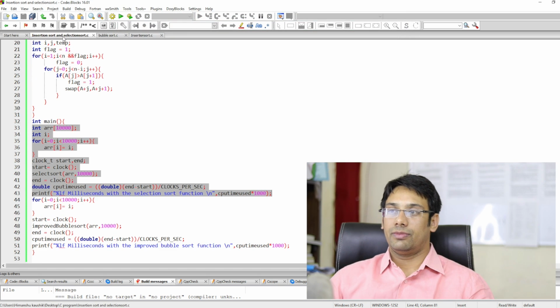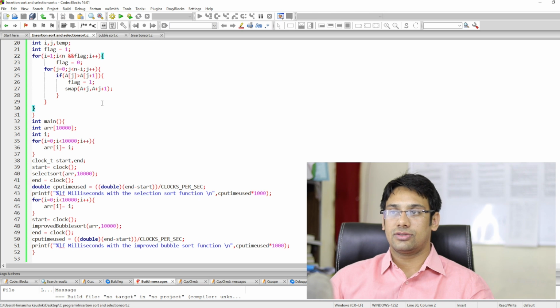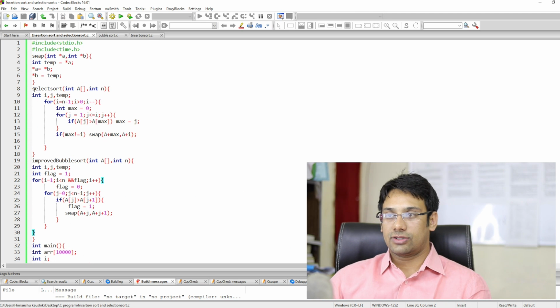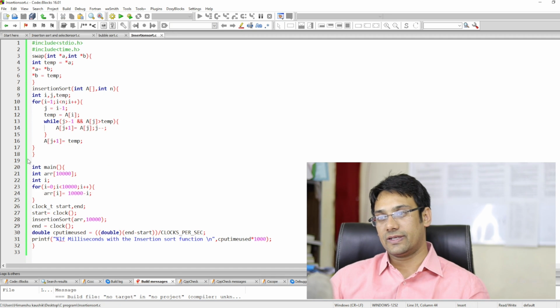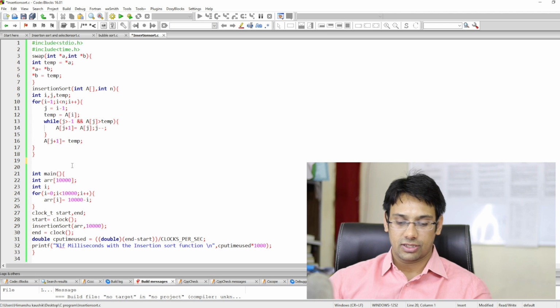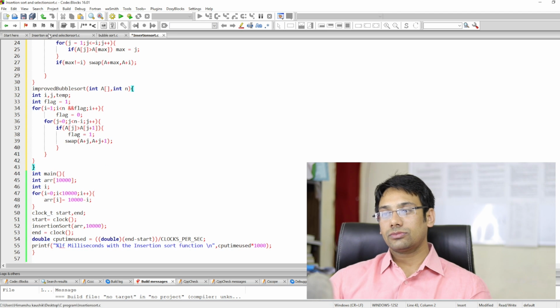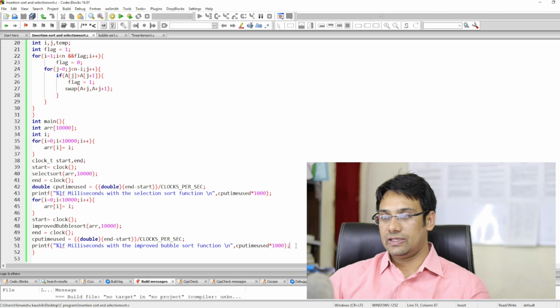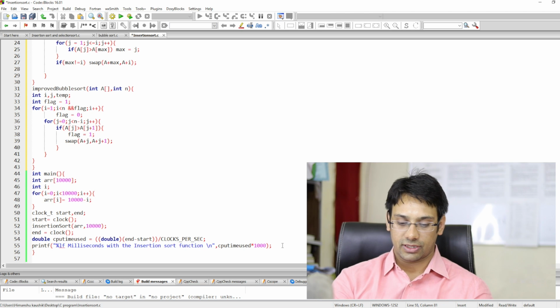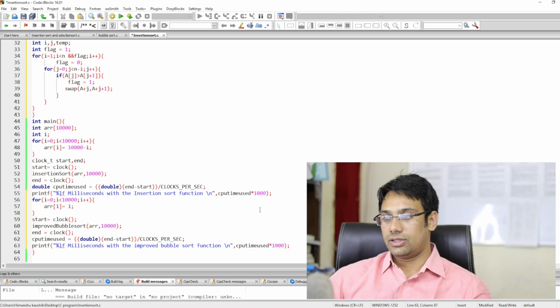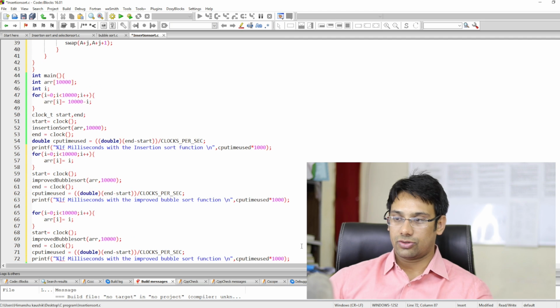Now what if we implement both the selection sort and improved bubble sort function, and then we compare the time with the insertion sort function. So I'm going to copy this data here, and I'm going to write it here, and I'm just going to copy these data items from here. So this is for, then here I'm going to copy these data items here, and then improved bubble sort, and then I'm also going to copy it for